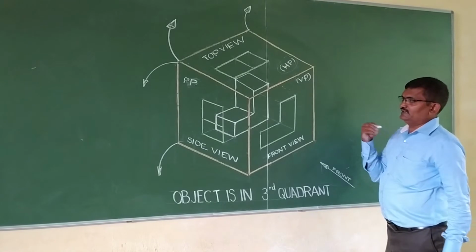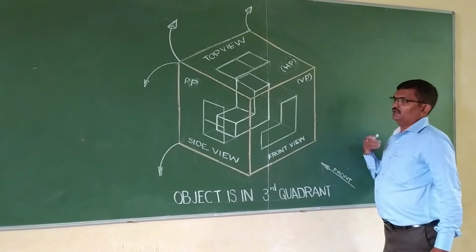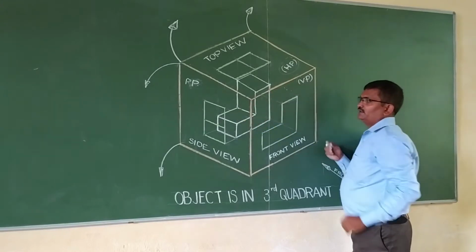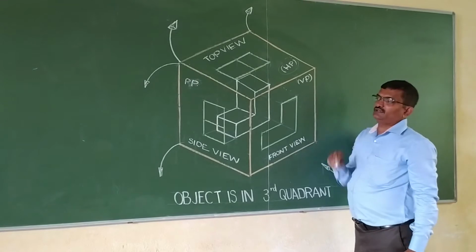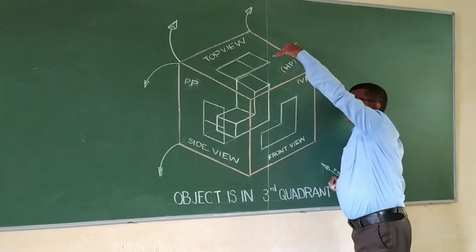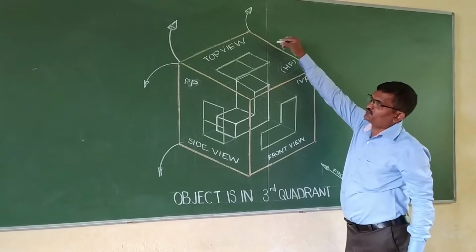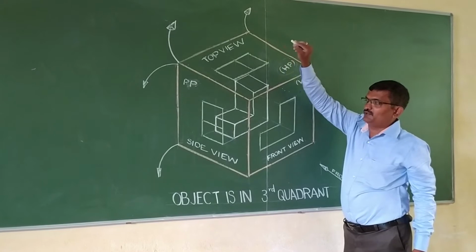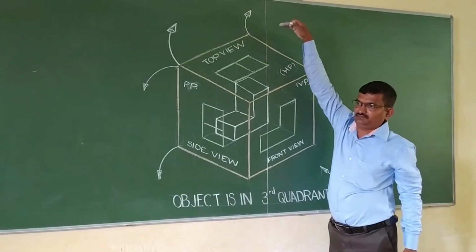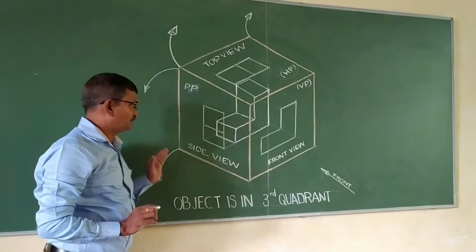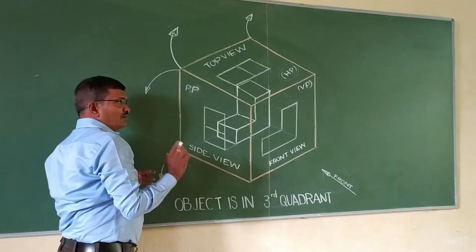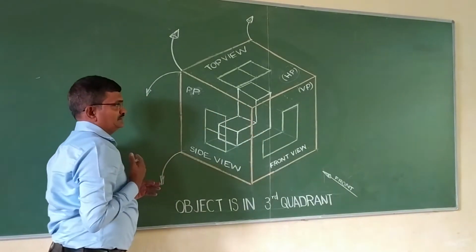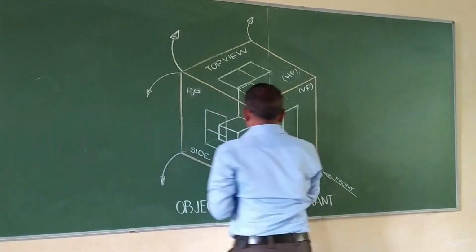Let us see. Here I am the observer and this is the object. In between the observer and the object, here is the plane, that is the vertical plane. When observing from the top end also, the horizontal plane is between the object and the observer. When observing from the side view, here also, according to the principle, the plane is between the object and the observer. So, when observing the front view,